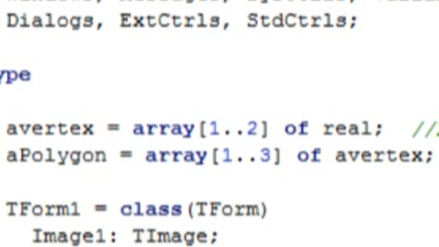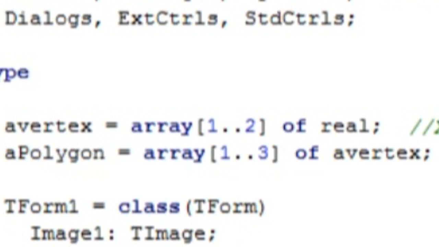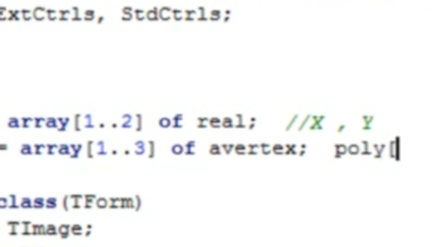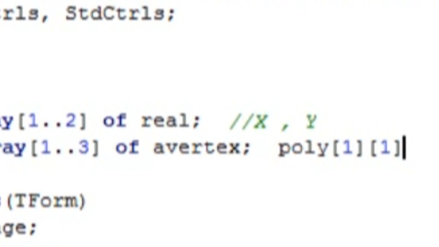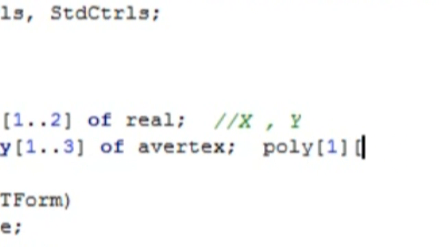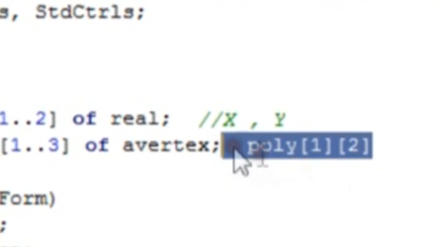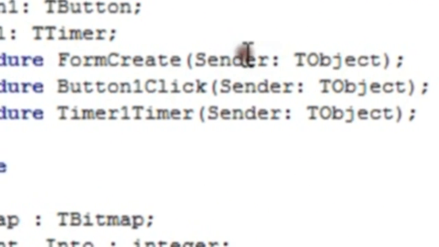When you reference a vertex as x, so say we want the first vertex as x, you're just going to go whatever the polygon's name is, first vertex, first value, and that's the x. If you want the y of that vertex, you go 2, and that'll give you the y of that vertex. Easy as that. That means we're going to have to change something else quickly, which is first the draw line